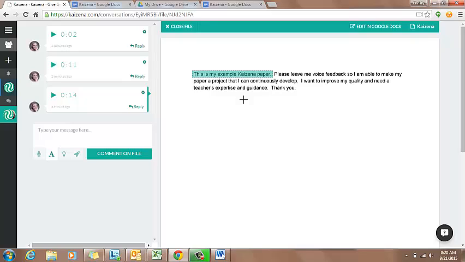This tool can be extremely effective to help students master important skills through the writing process and through many other areas of education. Being able to leave voice feedback for students can be extremely powerful and can really encourage them and show them positive examples of how every piece of writing is just a continuous piece of work. I love this tool. I can't wait to use it in my own classroom.